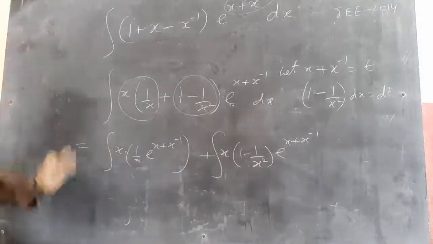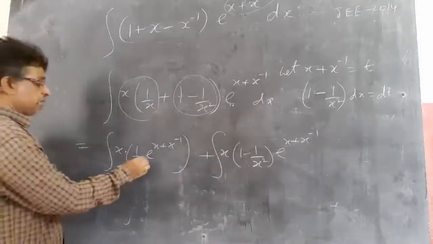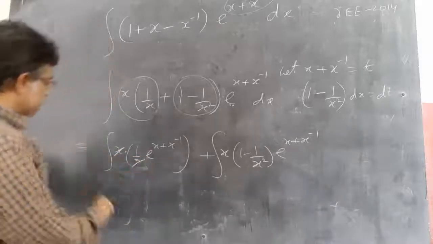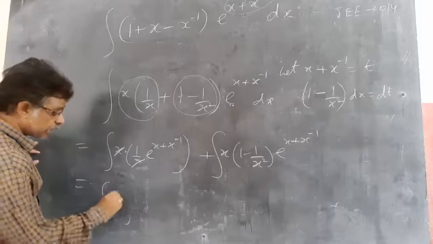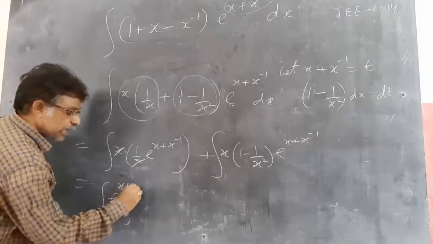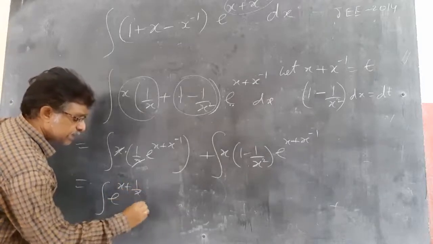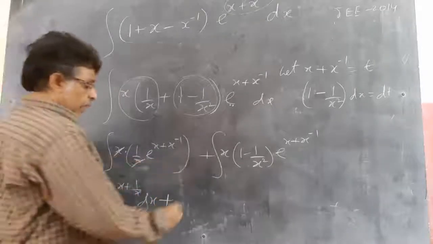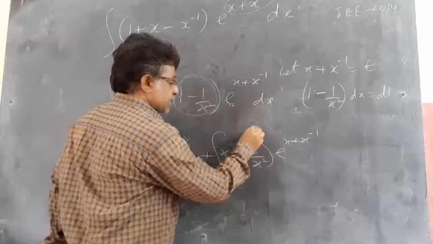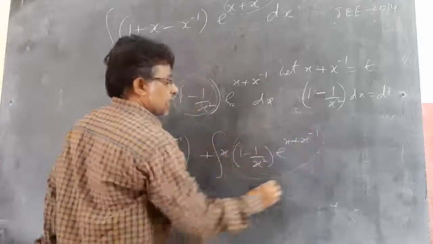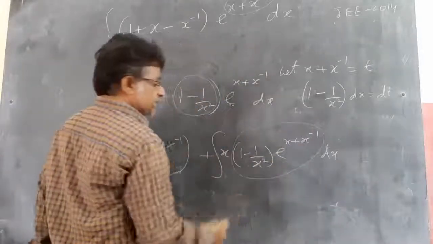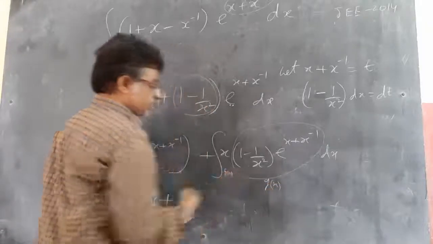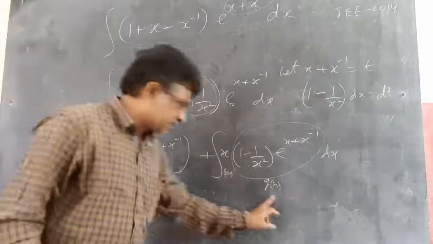This is a slightly difficult sum. You need logic, more logic on this. Now if you cancel these two, this becomes the integral of e power x plus x power minus 1, or 1 by x, dx. Now for this I will apply integration by parts. I will take this whole thing as gx, and this as fx. This is fx. Now I will go for the integral of fx gx dx on this.